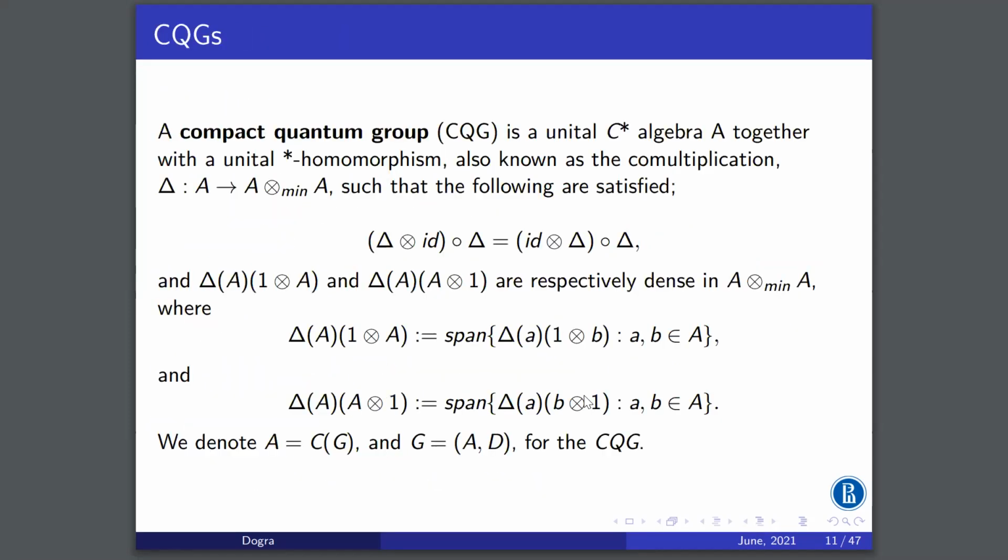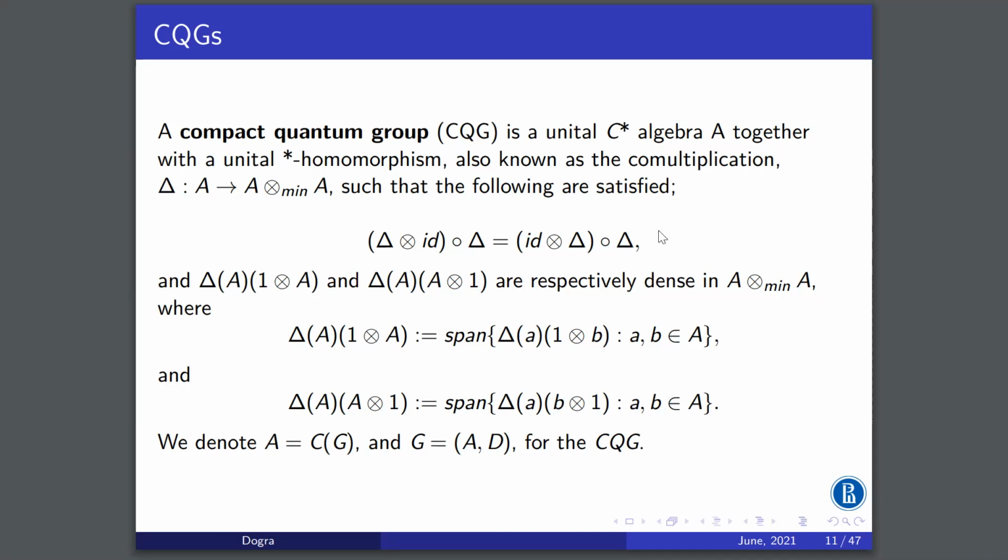Now that we know what a C star algebra looks like and what a universal C star algebra is, we are ready to state the definition of a compact quantum group. A compact quantum group is, first of all, a unital C star algebra A, and it is also equipped with a co-multiplication delta. A co-multiplication is a unital star homomorphism, a map that looks like this, such that the following